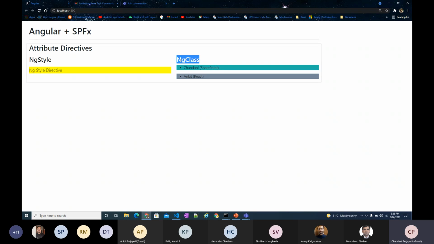And with ngClass, if we want dynamic CSS, for example, I have created one array of employee name and its technology. If the technology is SharePoint, then its background color is this, and if the technology is React, then the background color is this. So we can use this as dynamic CSS.